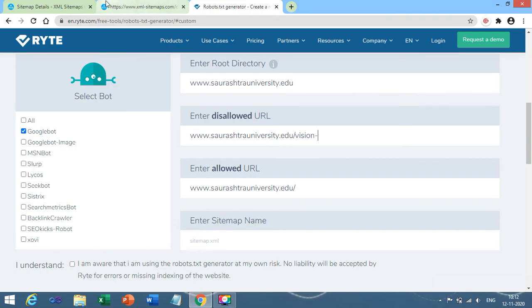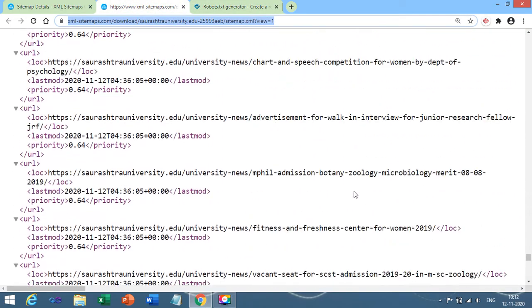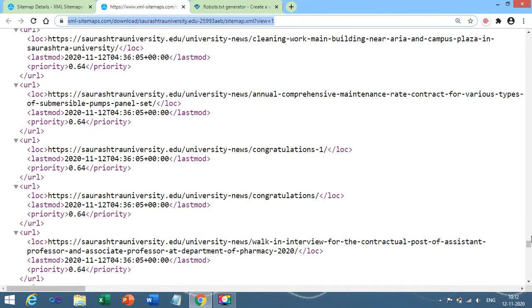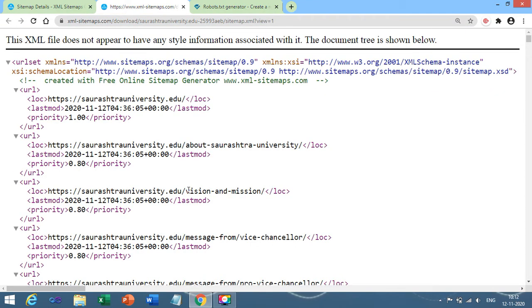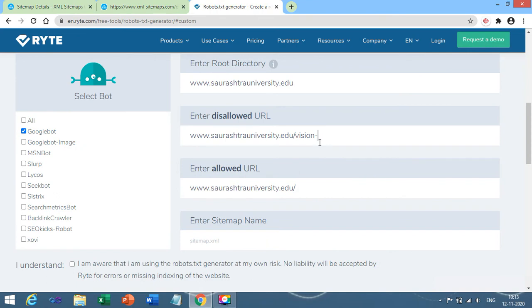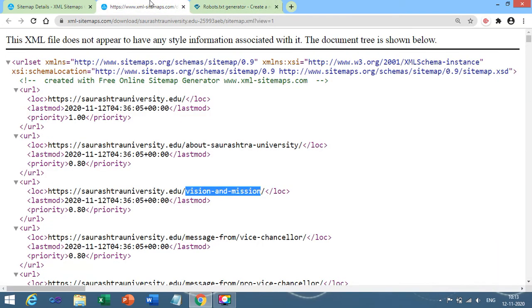vision dash, see over here in the sitemap only we are having vision and mission page, right? This one. So I can copy and paste it over there, or I can type it. So I don't want to allow the vision and dash mission page. So this page will not be crawled by the crawler because I have mentioned it in the disallowed pages. Now allowed URL, in the allowed URL,